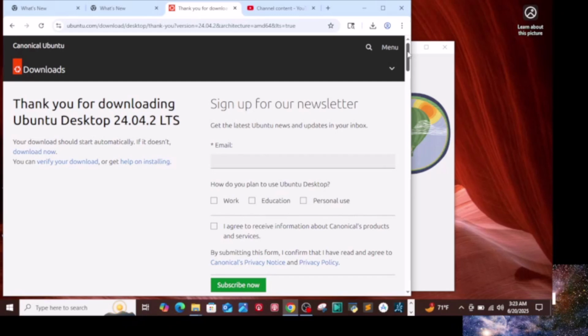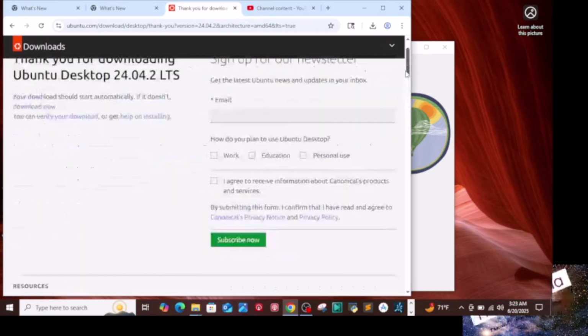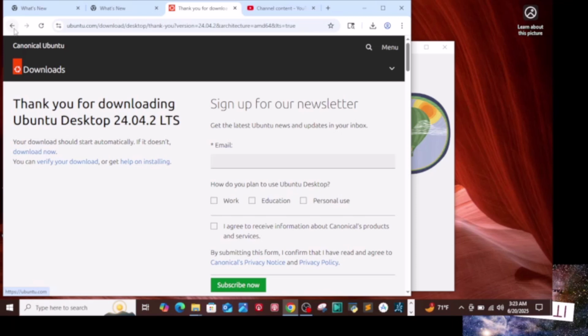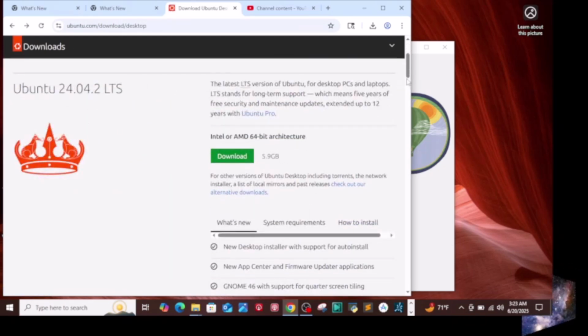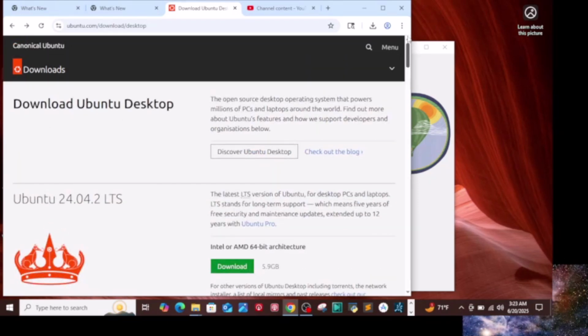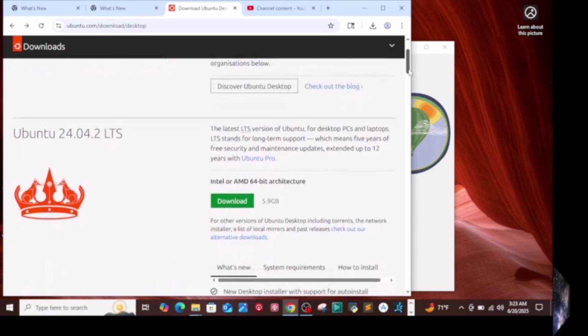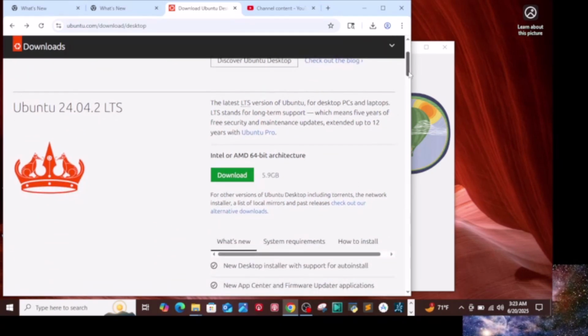And if you look, let me go back. Okay, so you go to ubuntu.com/download/desktop, and you select Ubuntu